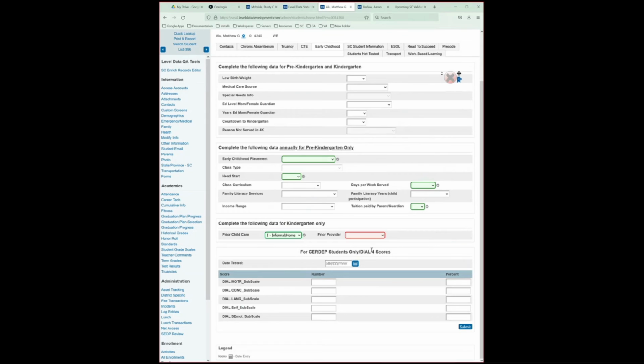Some of the fields don't pertain, so for the informal or home one, the prior class, of course, won't be there. The same thing with private. They're not going to have the provider there, they'll just have a class.